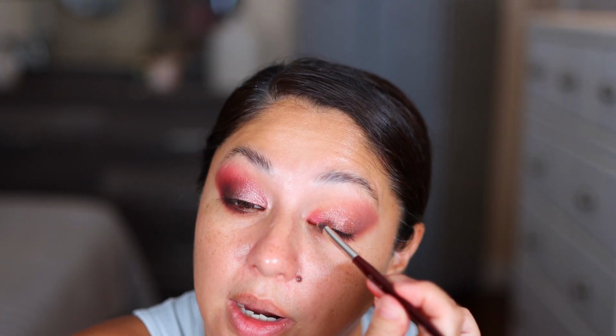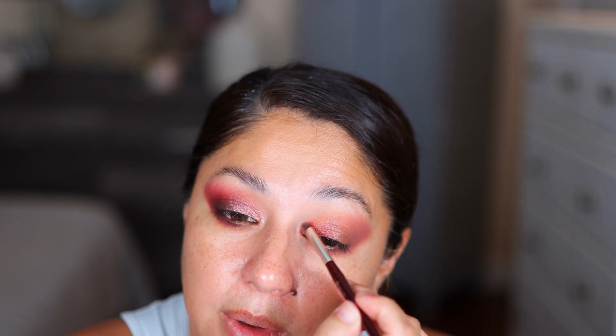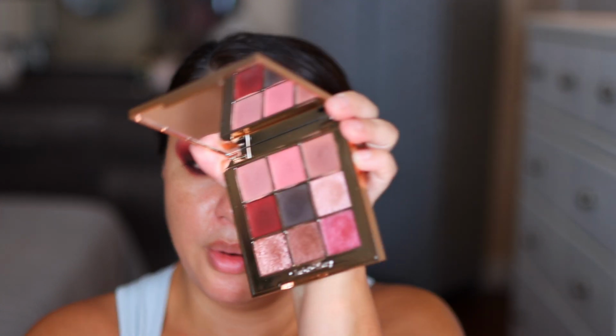In my opinion, but I am just going to add it right here in the inner corner and just bring it up a little bit to mesh with the other shades that we have. I'm going to go back to this one in the middle and just press it again right on top of that pink as well. Okay, and now I'm going to take the topper